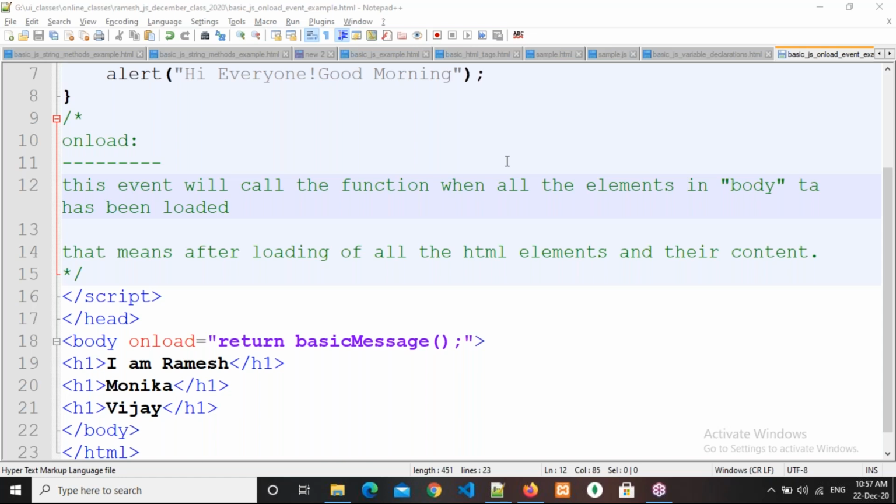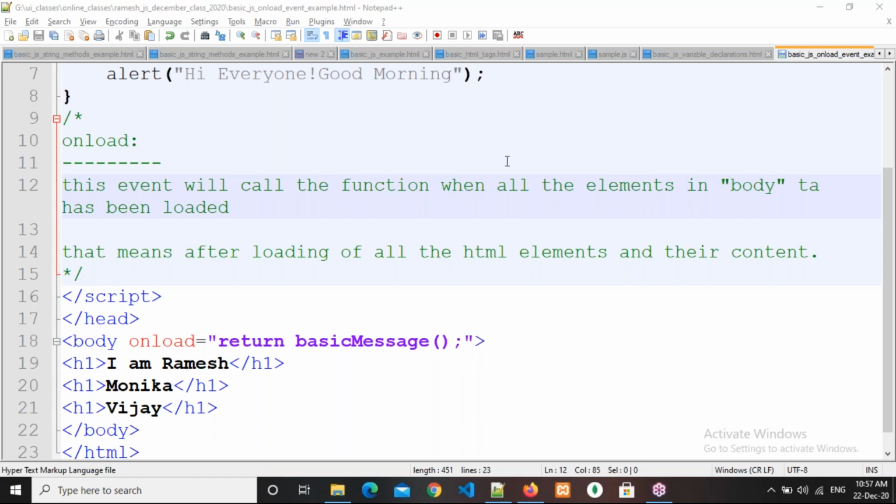Say these are not hard coded, just text. Maybe it is a text box and it has something written in it. And you have this body onload executing this basic message. So instead of saying hi everyone, is there a way you can say hi and capture whatever is there in the first text box or second text box?